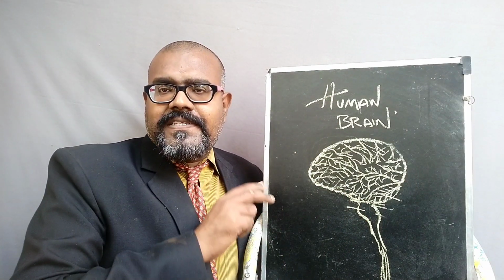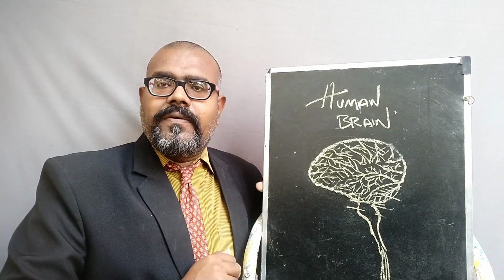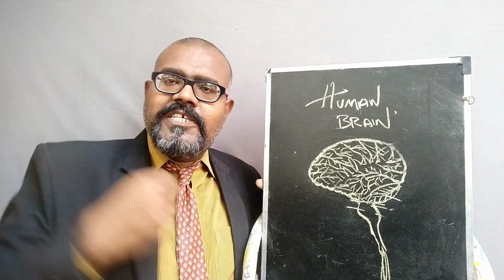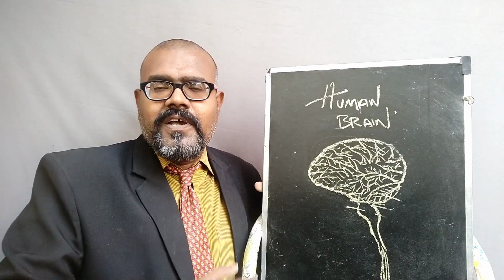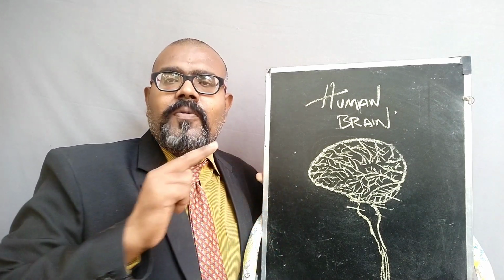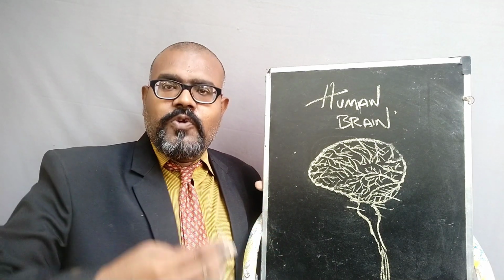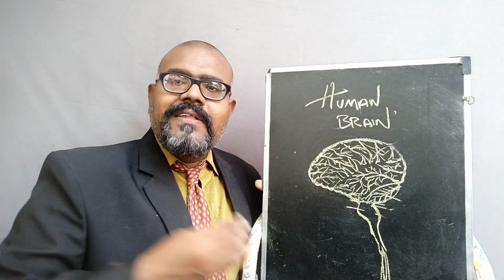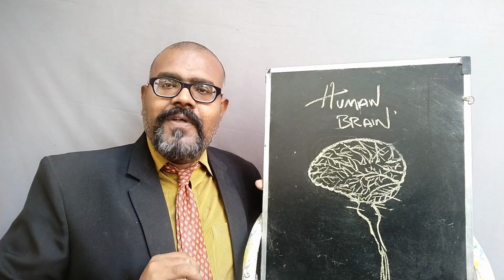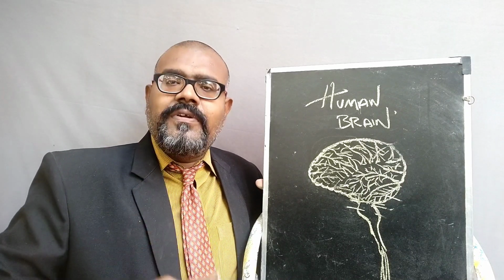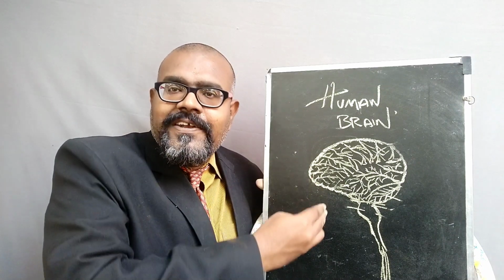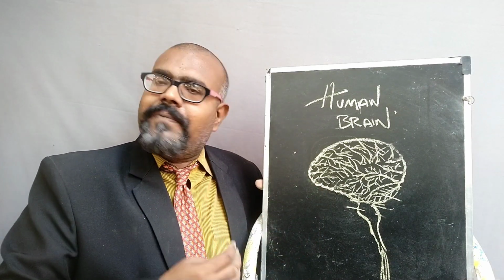So we will stop this topic today because the brain is a vast topic. I'm not going to rush you to study all these things; slowly we will move. So that was the external anatomy of the human brain. Please go through this once again, all these parts, then you will be able to remember every external part of the human brain. Then in the next class, you are going to study in detail the functions of all these parts and the internal anatomy of the human brain. Okay. Thank you.